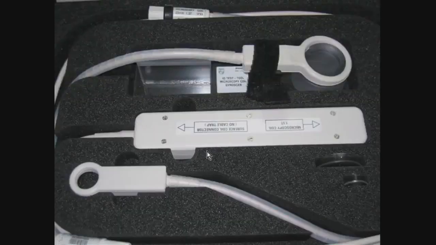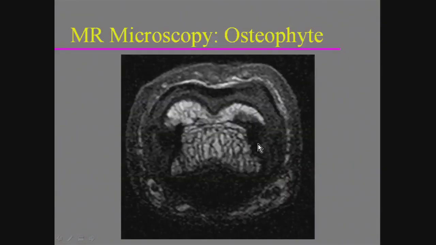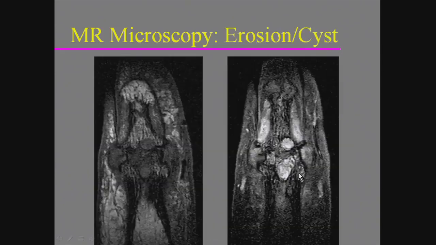If you've got these MR microscopy coils available, which I showed you yesterday, this is a great application for them. They kind of approximate the size of the finger, and it's easy to see why you end up with very detailed, high-resolution imaging of small parts like the digits. This is a patient who has an erosive form of osteoarthritis involving the DIP joint. You can see the central erosions, the marginal erosions, the subchondral cystic change, the marginal osteophyte formation that's typical in